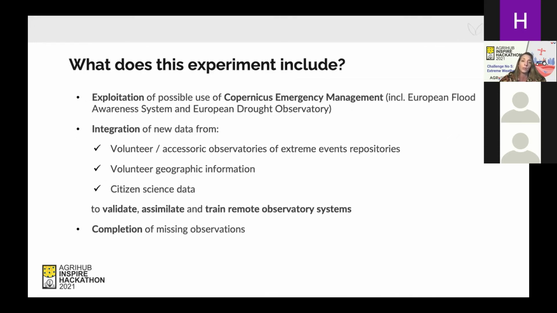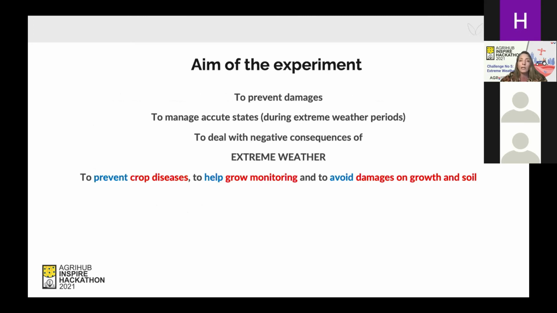We would like to validate, assimilate, and train observatory systems and complete the missing observations using these data. And the final aim of our challenge, and I'm getting back to the beginning of my presentation, is to help to prevent the damages caused by extreme weather, to manage acute states when solving the extreme weather periods and extreme